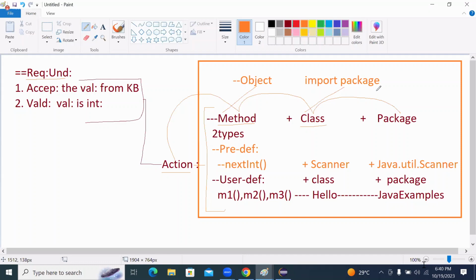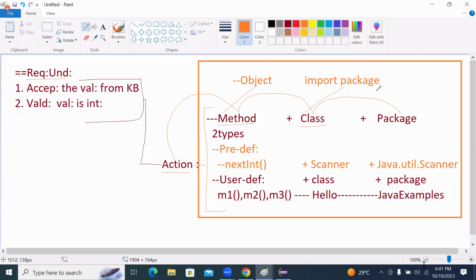Once you are clear about the method, you need to understand what class you have to use. Once you are clear about the class, you need to understand what package you have to use. If you are aware of these three, what is the method name, what is the class name, what is the package name,